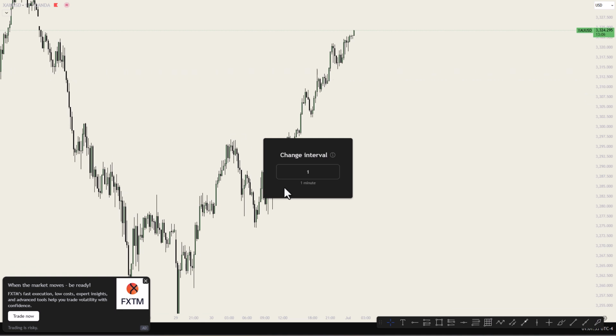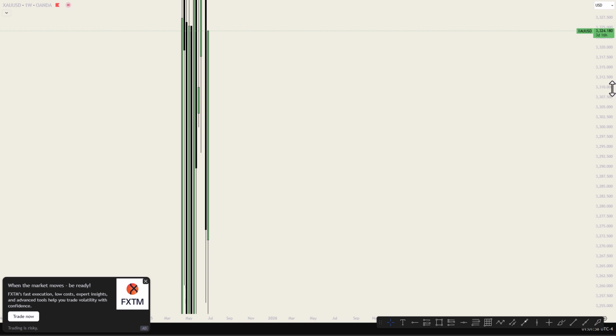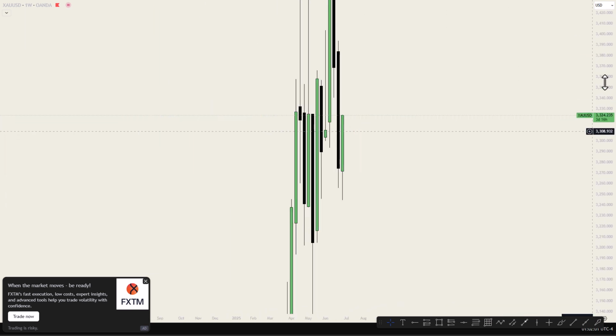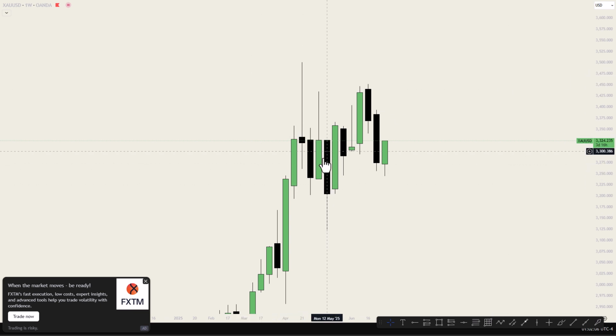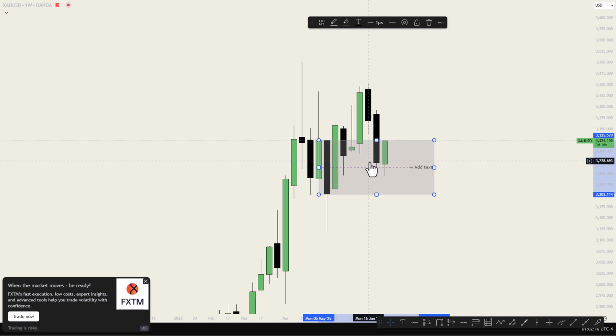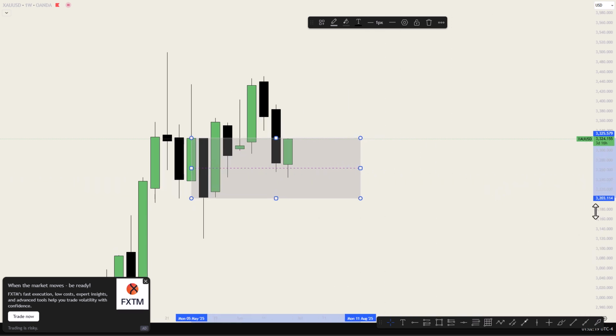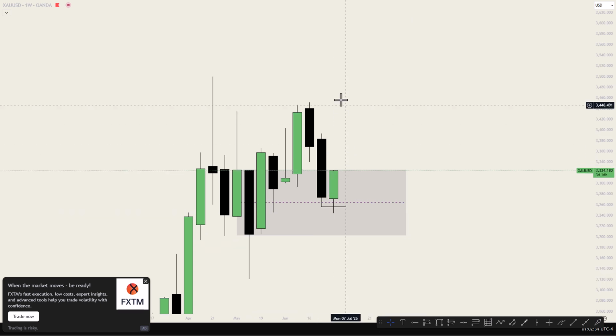So here is gold. Let's commence on the weekly time frame on gold. Let's look at what the weekly is going to give us. On the weekly time frame, we see price is respecting this order block here. This down close candle is an order block, and we see price is respecting the order block. If you mark the order block, we see price is respecting the mid threshold of this order block, and we see price have swept this previous week low inside the order block. Price to be bullish, and we might see price having a retracement once this is tapped.